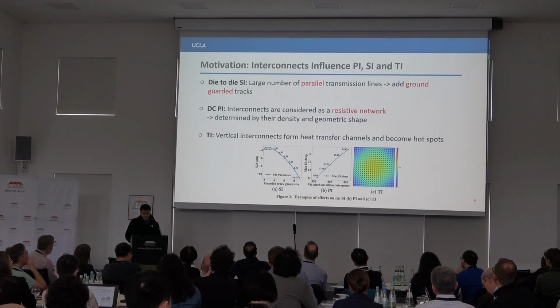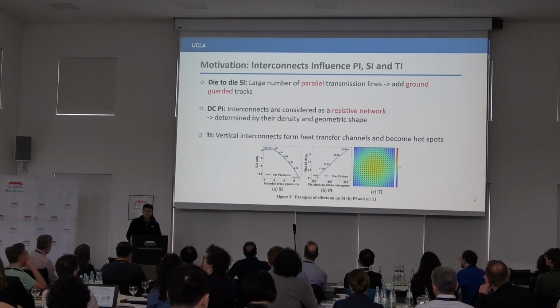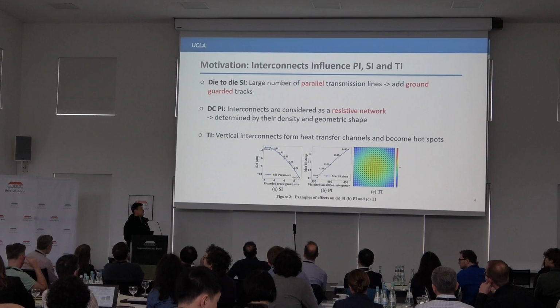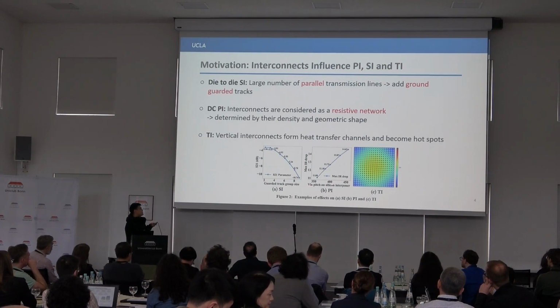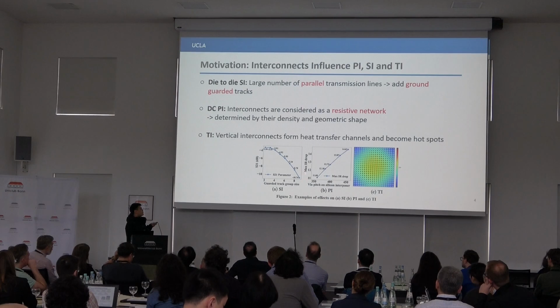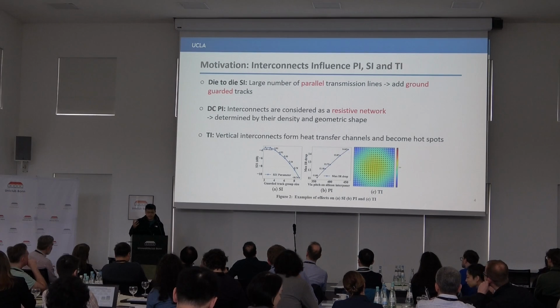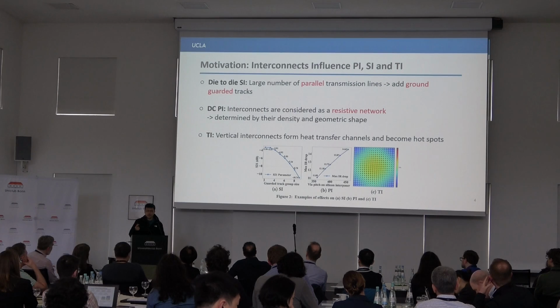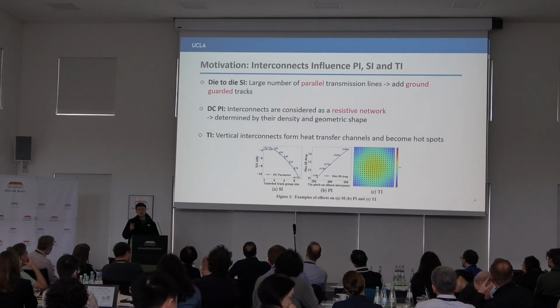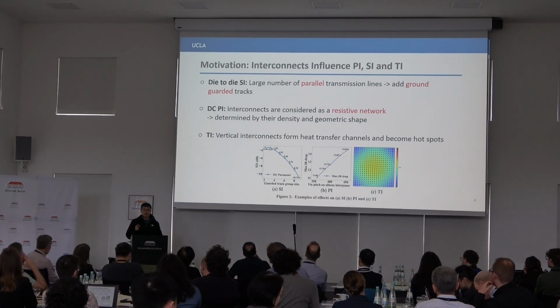And for DCPI, the interconnects are considered as a resistive network whose resistance is determined by the density and geometric shape of these interconnects. A quick example is that as we increase the via pitch on the silicon interposer, we can see the maximum IR drop severely increase. It's easy to understand, because when we increase the via pitch, we decrease the number of vias per unit area, and we increase the resistance. So a simple approach is, well, we can add more vias, right? But the problem is it consumes routing resources,